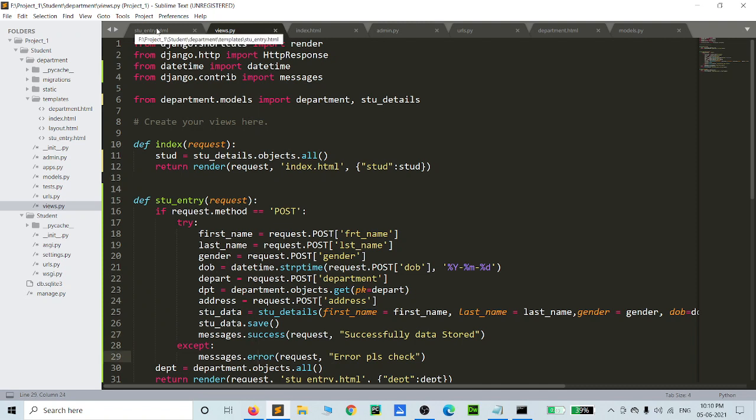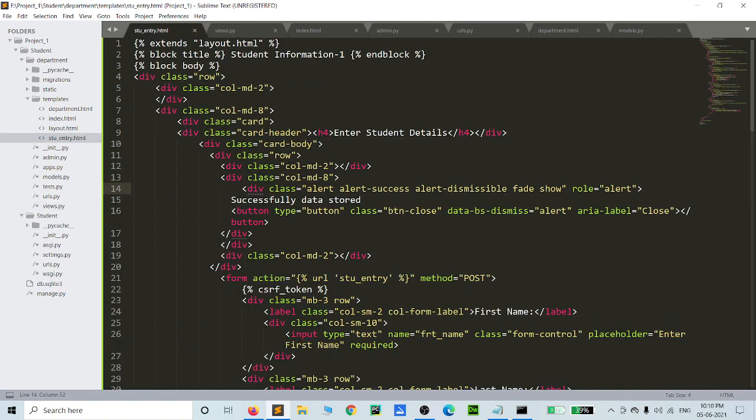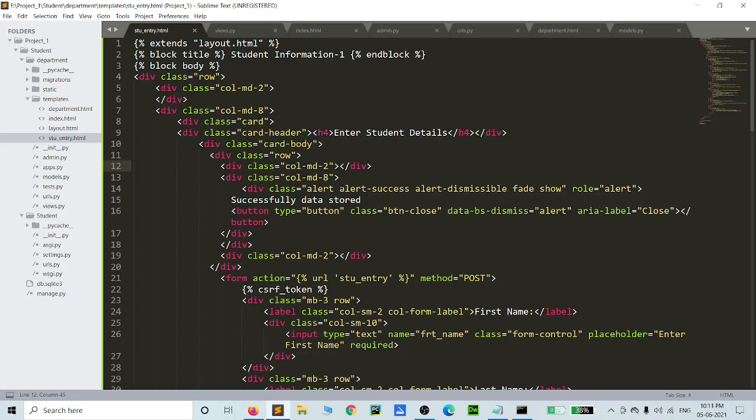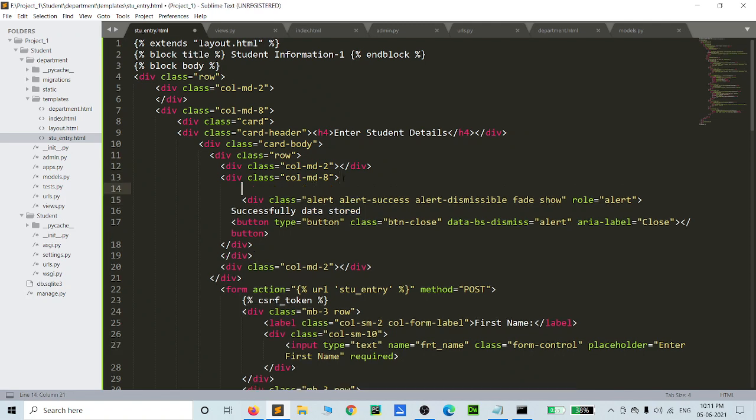Then how do we call it in your HTML forms? Okay, so these are the same messages you can call like that. This is a for loop, for message in messages, and you give the message tags, and whatever you gave in the messages method inside your success messages, whether it is a success message or an error message. Okay, so what will be given here? Then successfully, yeah, we can go to this one.